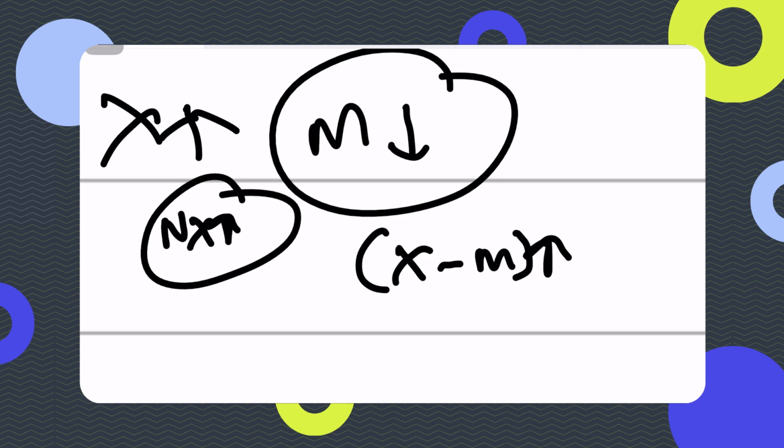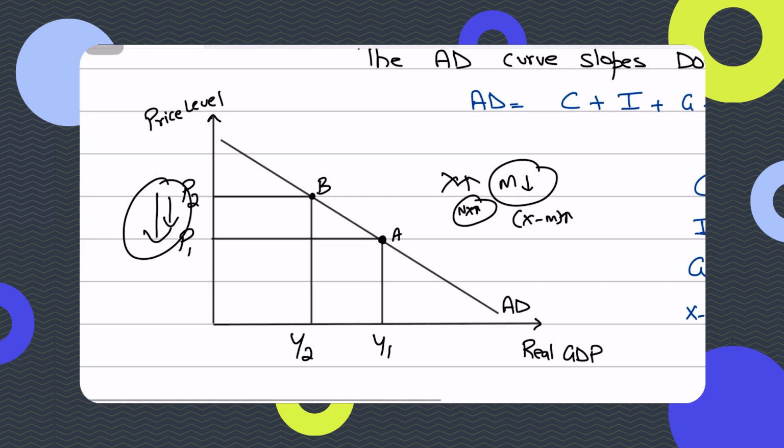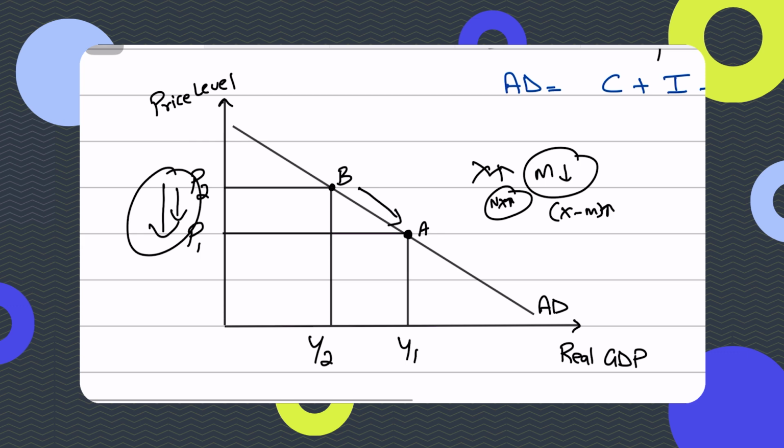And so net export spending would rise, and technically your economy would move from, let's say, point B to point A. And so your real GDP is going up because net export spending is part of your GDP, right? So if net export spending goes up, your GDP that is measured via spending captured through the aggregate demand curve